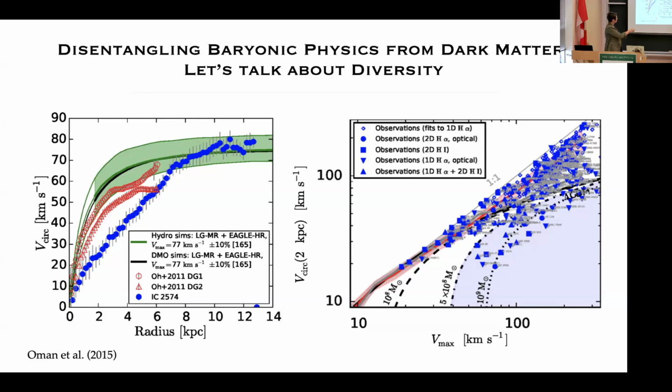And yet, if you look at the inner rotation curve, there's quite a difference in how quickly you're hitting that 70, right? Some of these are very steep and some of these rise very slowly. And Kyle collected a whole bunch of different observed galaxies. These are not simulations, these are all real galaxies. And he plotted up, he quantified the inner value at 2 kpc versus the outermost rotation velocity and said, look, there's a huge range of diversity, and challenged simulators to try to match that diversity.